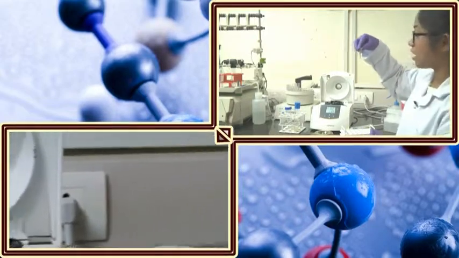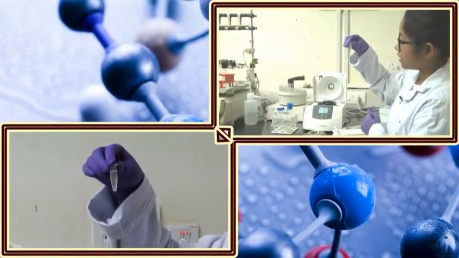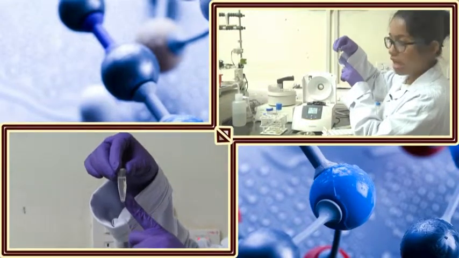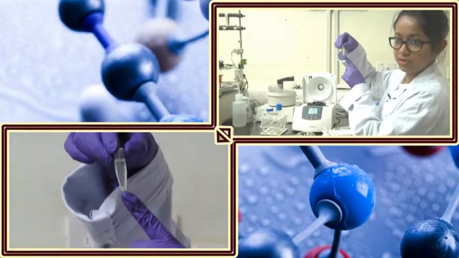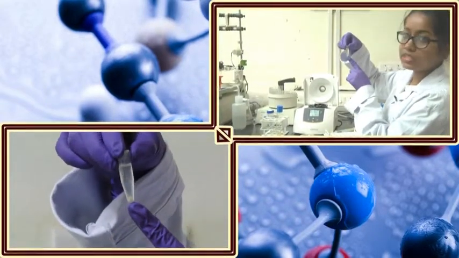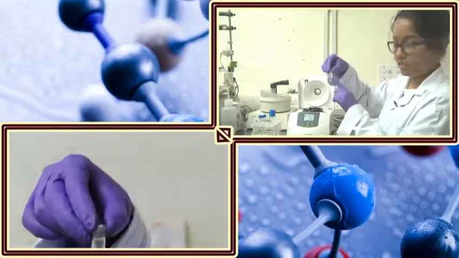So, now I have taken out the culture tube. As you can see, the supernatant is highly clear and there is a small pellet formation at the bottom part of the centrifuge tube. So, this pellet means these are the cell pellets from the E. coli bacteria and the media has been cleared.